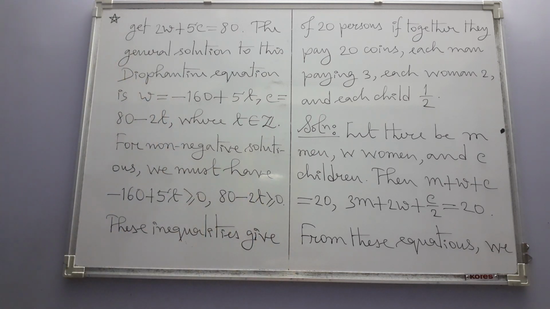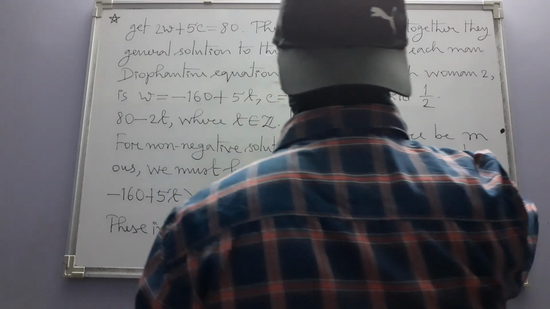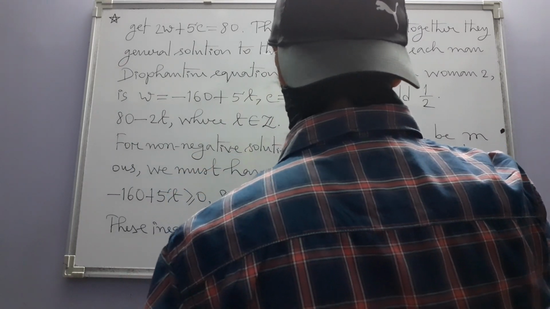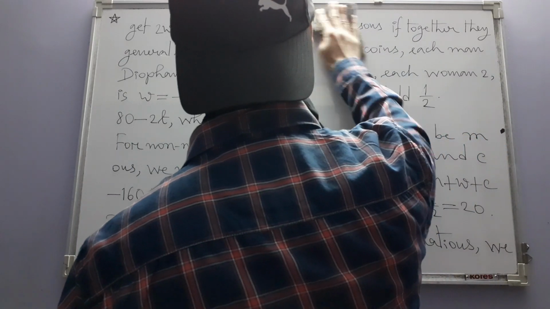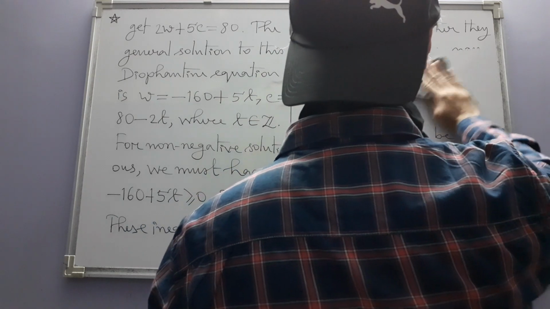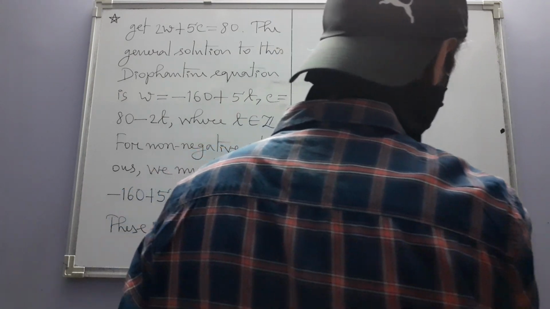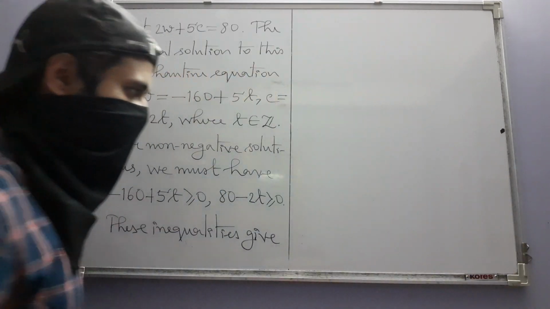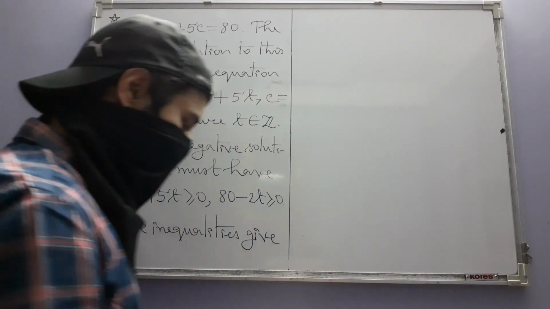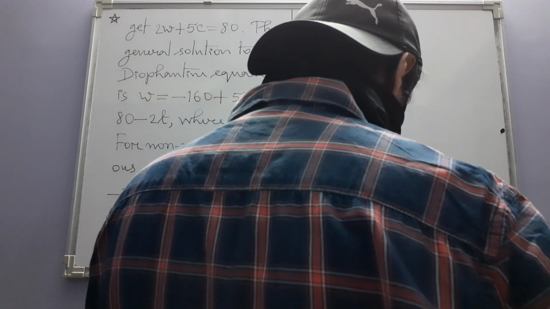These inequalities give us an interval in which t will lie. Interval means an interval of integers. And that interval is going to be